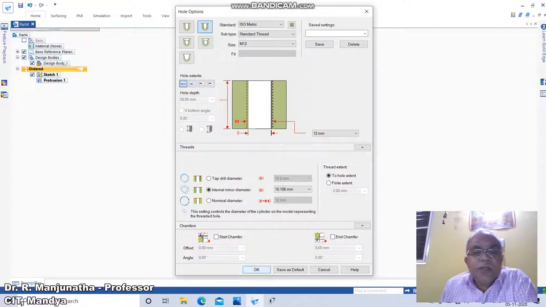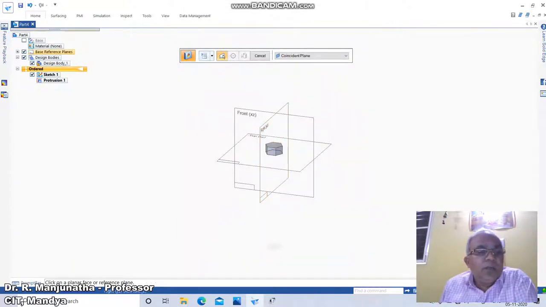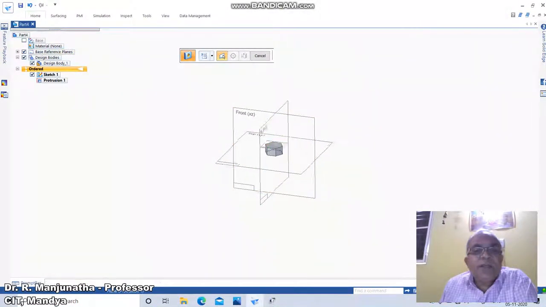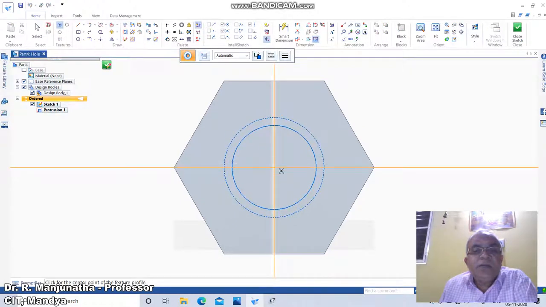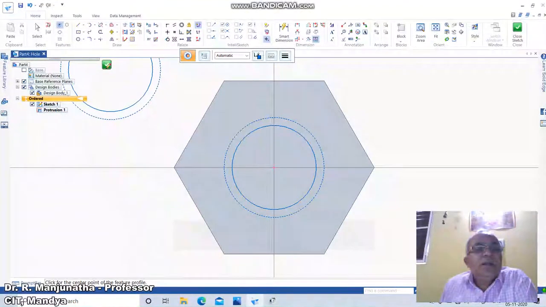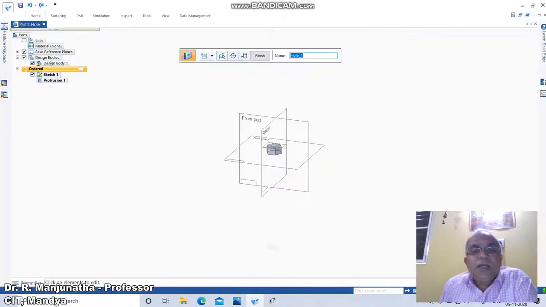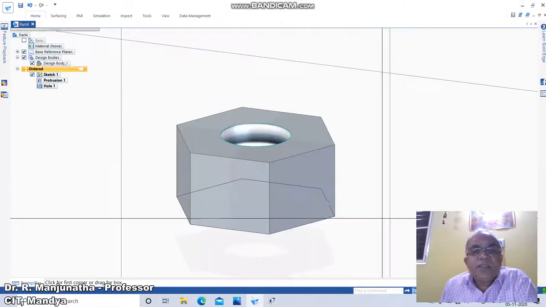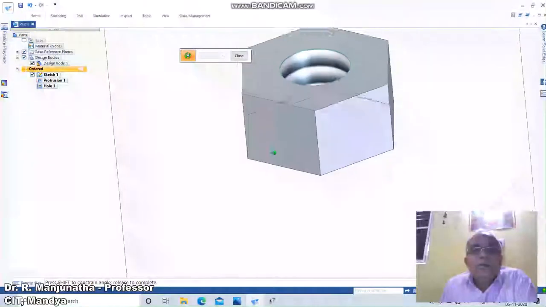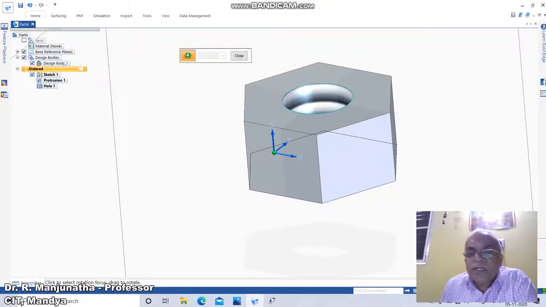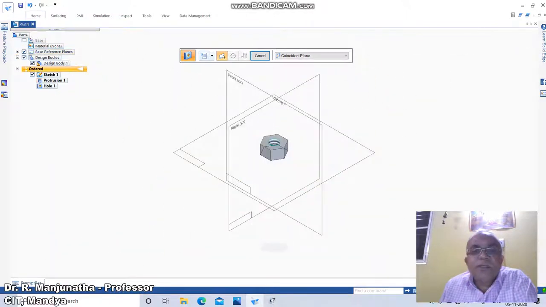So you can take through all and click on this, and now you have to click on the planar reference plane on this plane. Once you click on this, you are going to get the thread here. You just get the top view of the thread and go to close sketch and click on finish. Now we can see, if we consider this, the thread will be there inside, which is M12. So this is how you will be able to create the thread. Now just close it and then come down to isometric.